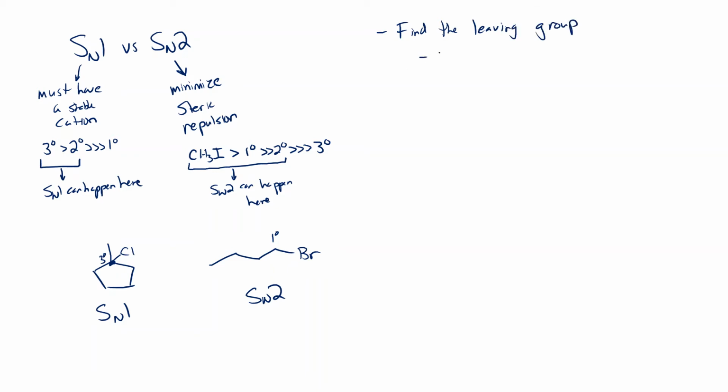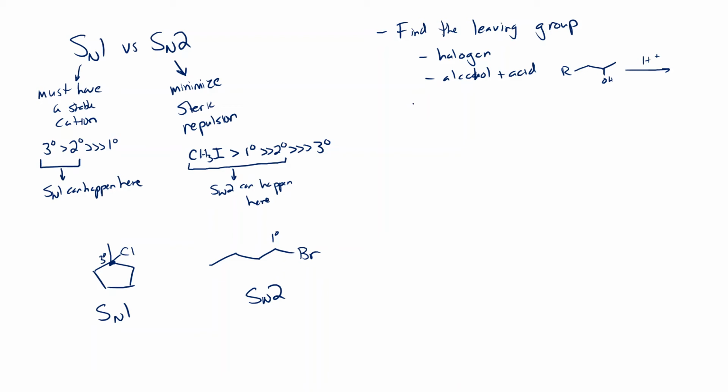The leaving group is almost always a halogen or an alcohol plus acid, right? For example, if you see H plus in there, you can make this carbon into a good leaving group because you can make it into OH2 plus, whose conjugate base is water. So it's almost always one of these things, halogen or alcohol plus acid. Find the leaving group, and